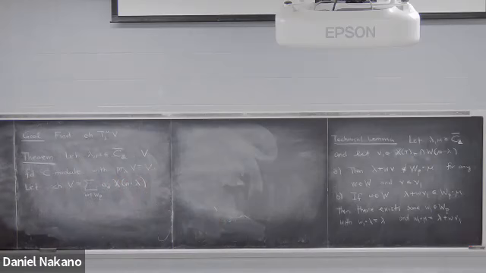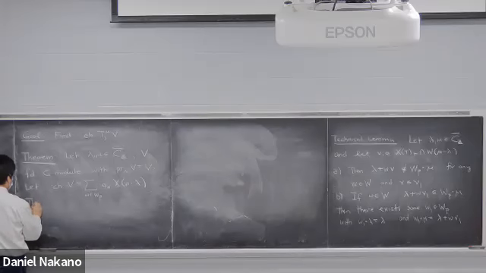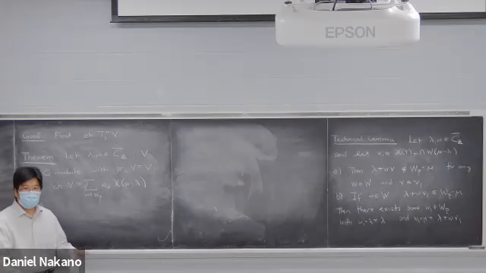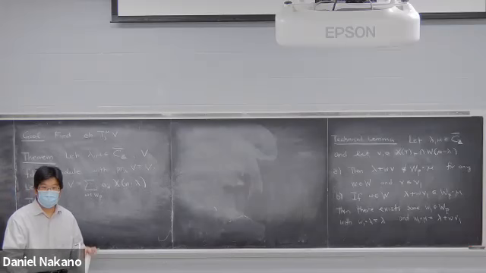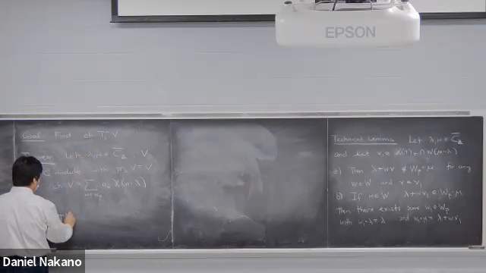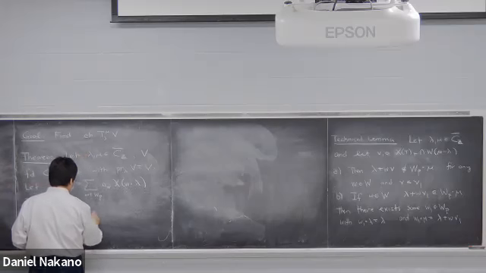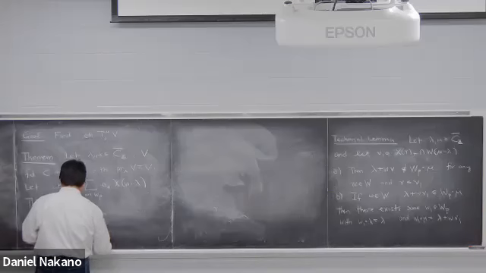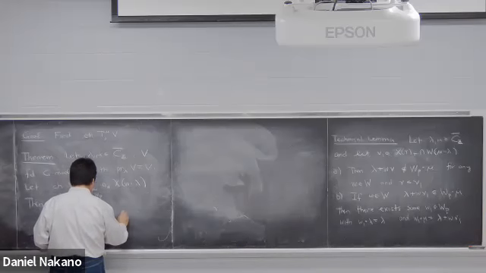Now you think that if I translate the module, it's going to be some horrible formula, but it's not so bad. So the character of the translated module, translated from lambda to mu of V, is equal to the sum over W in WP of a_W,